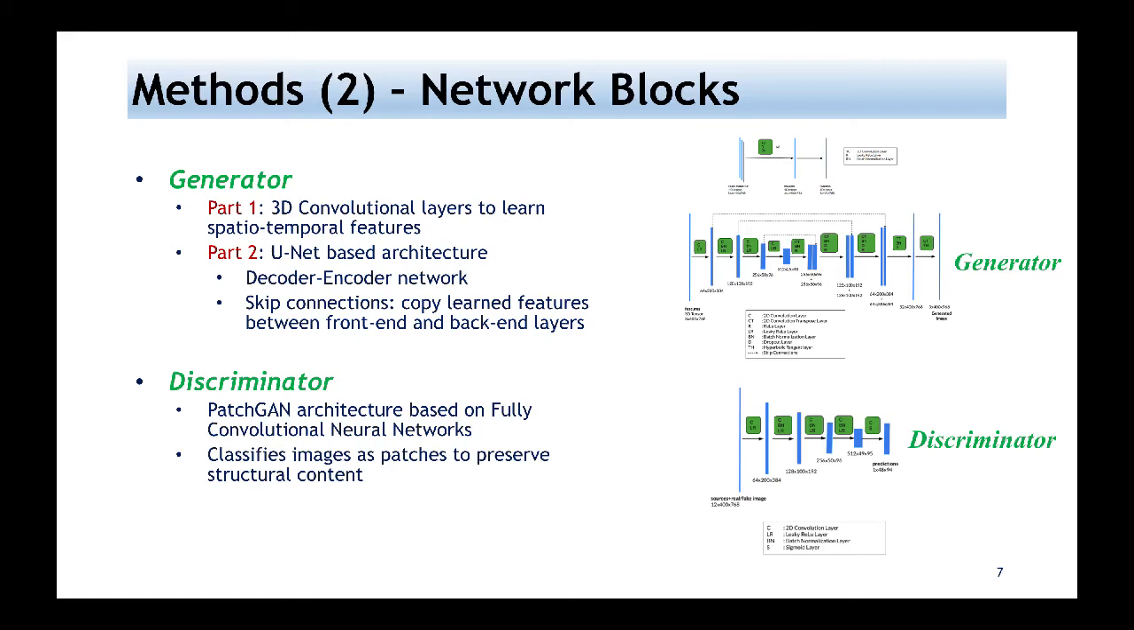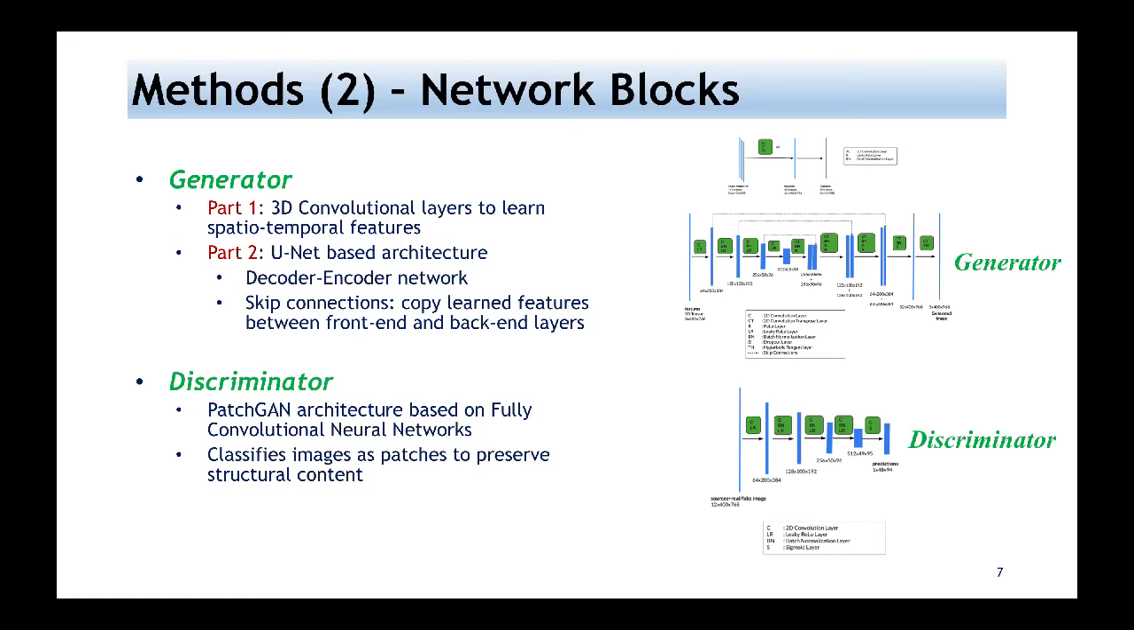The generator consists of 2 parts. The first part is 3D convolutional layers to learn the spatiotemporal features. Since our third dimension is time, we want to capture the features over time as well. The second part is a U-Net-based architecture. It's an encoder-decoder network, and we have skip connections in the encoder-decoder architecture to copy the learned features between the